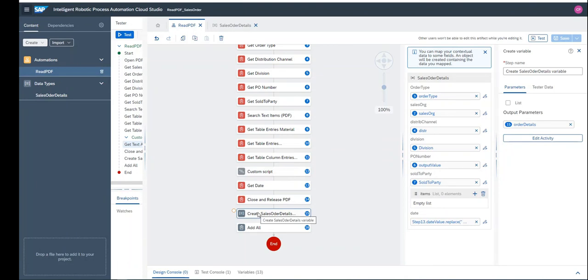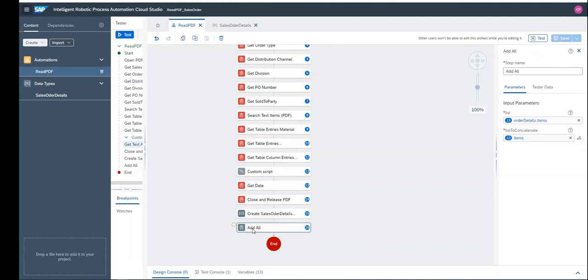Since I even want to show you the activity add all, in add all, the array which is created in the sales order data type and the array which is the output parameter of custom script, I have added both of them. So if you see the add all activity, I have concatenated two arrays. So I want to push the array which is an output parameter of custom script to the sales order here.